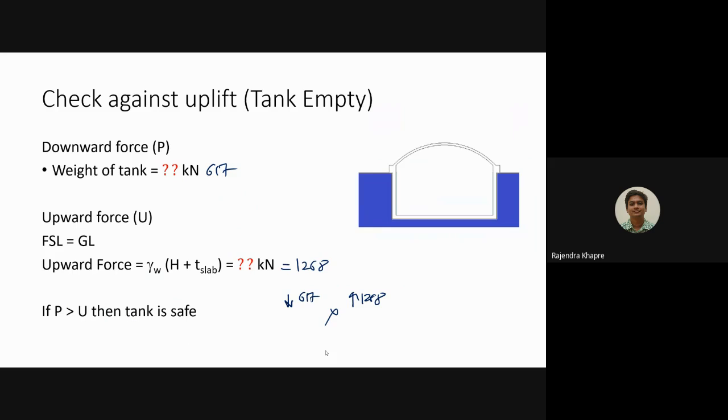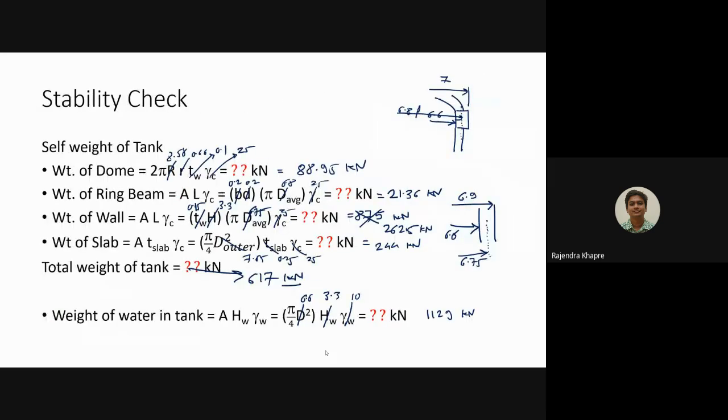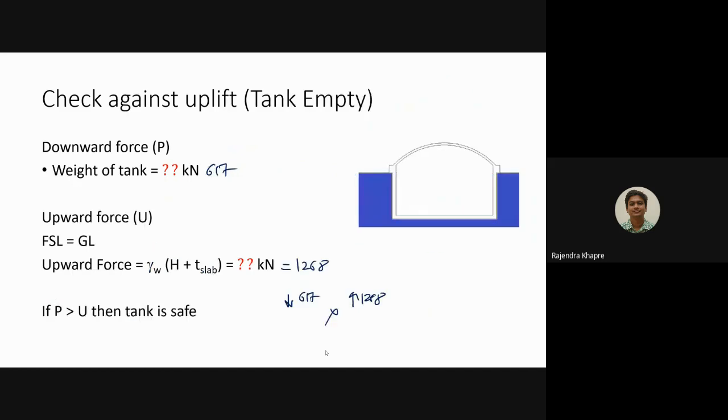Okay, if you see these values that we have calculated, the weight of the dome is hardly 88, the ring beam is hardly 21, but the weight of the wall is 262, and the weight of the slab is 244. So one way of doing this is to increase the dimensions, such that your downward force should be at least